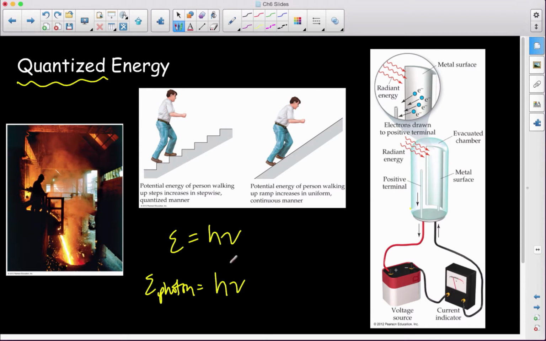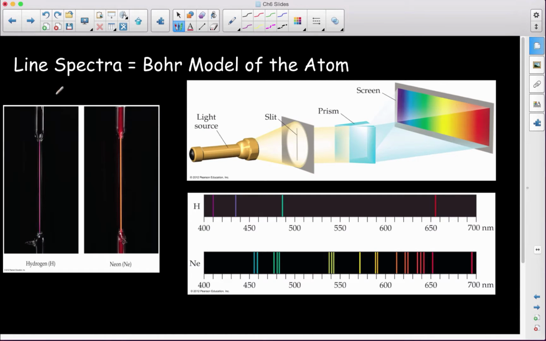Which means that if we want to talk about a mole of photons, we would calculate our energy, and then we'd have to use Avogadro's number to get to that last piece, okay? All right, moving along, the line spectra, or line spectra in general, give us the Bohr model of the